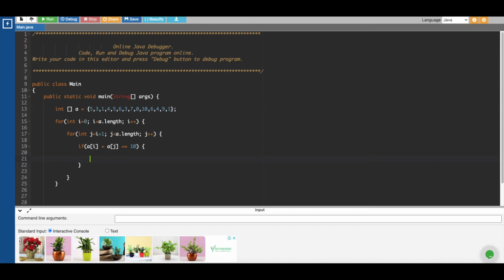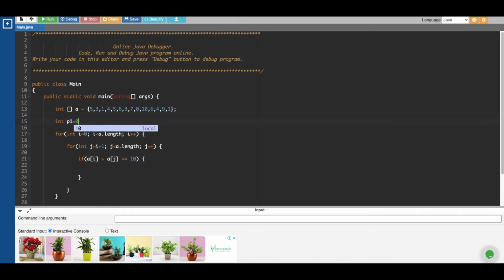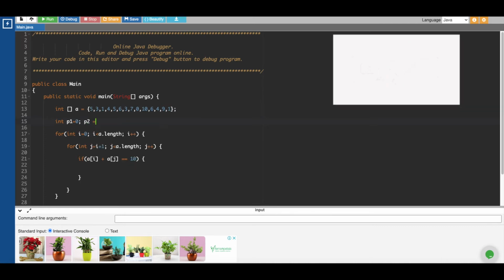Now what I'll do, I'll take one variable, let's say p1, probably for storing the element. So we'll say p1 and p2 equal to 0.